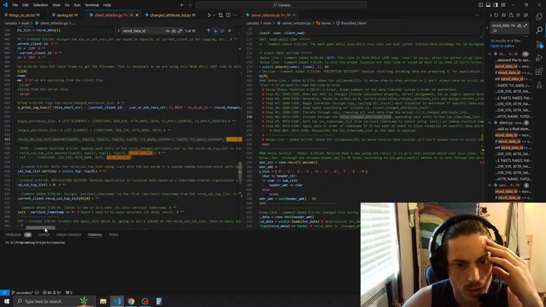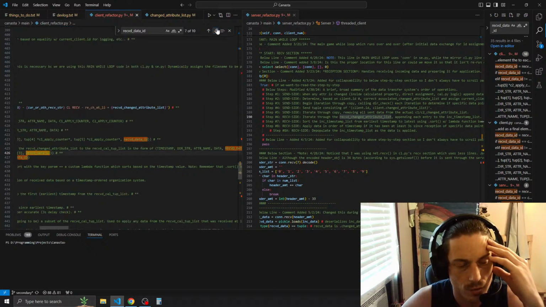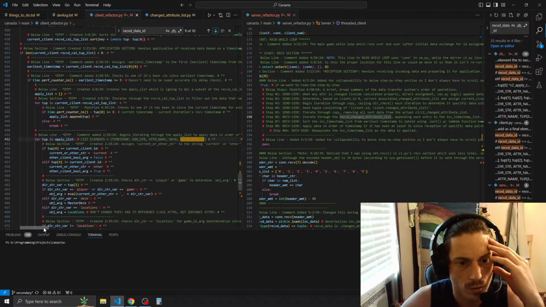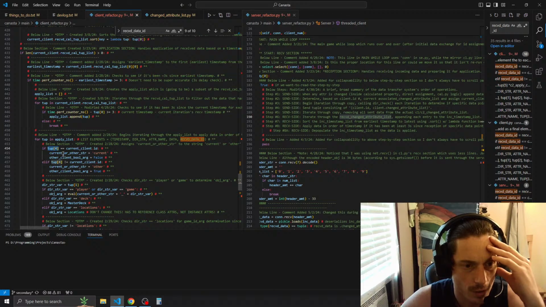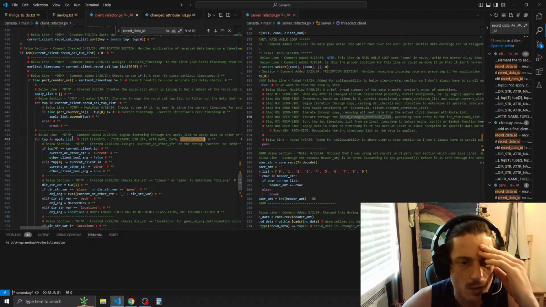Client receive code to implicit pin. Okay, I see that we added here. We added there. Okay. This is tuple 0, tuple 1, tuple 0, tuple 1, tuple 2, tuple 3, tuple 4. So tuple 4 is received data ID. So it says if tuple 4 is equal to current client ID, current other string. So it is used to assign the right because, okay, I remember now, we need it because the apply list